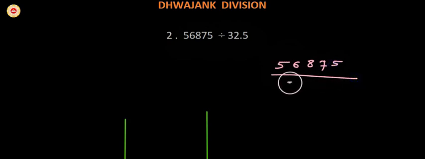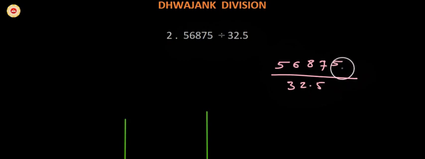Okay, see, 5, 6, 8, 7, 5 is dividend and 32.5 is divisor. Now let us shift. See, watch this divisor 32.5. Let us shift this decimal point rightwards by one place, so that given divisor 32.5 will become 325, and